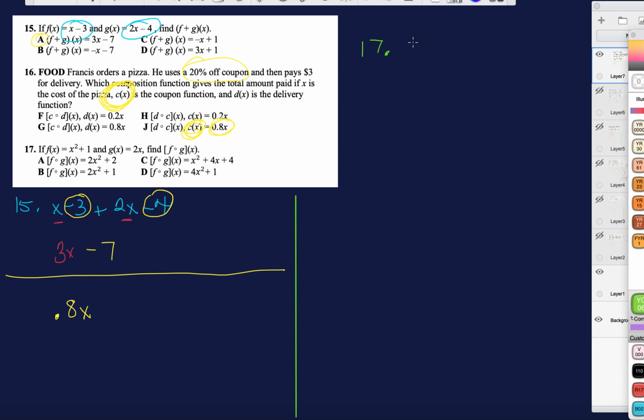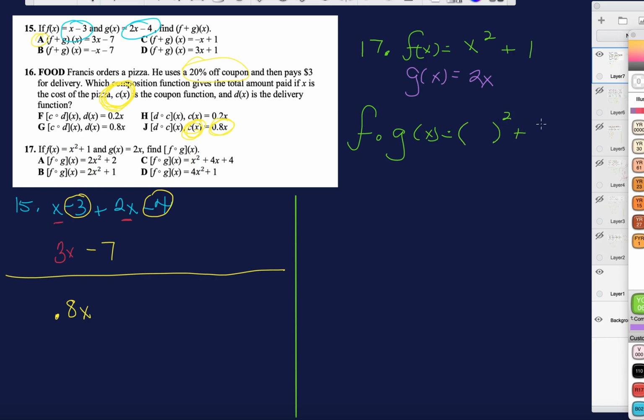Woohoo! All right, here's my f function. That is x squared plus 1. And my g function, let's use this. g of x equals 2x. Ready? f of g of x equals, I'm going to put the parentheses out and the